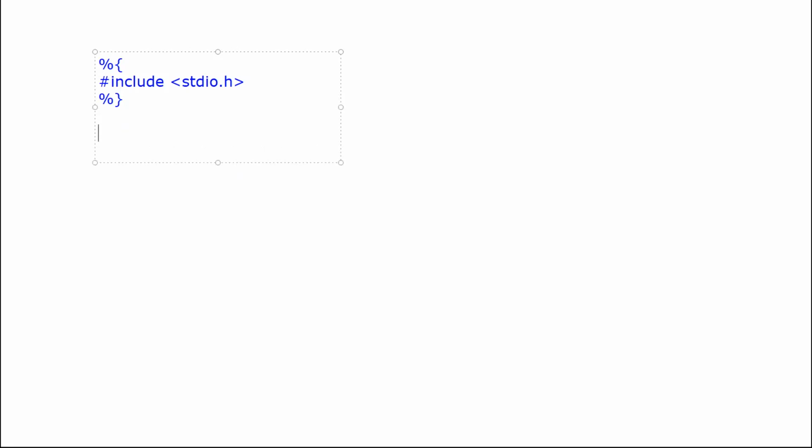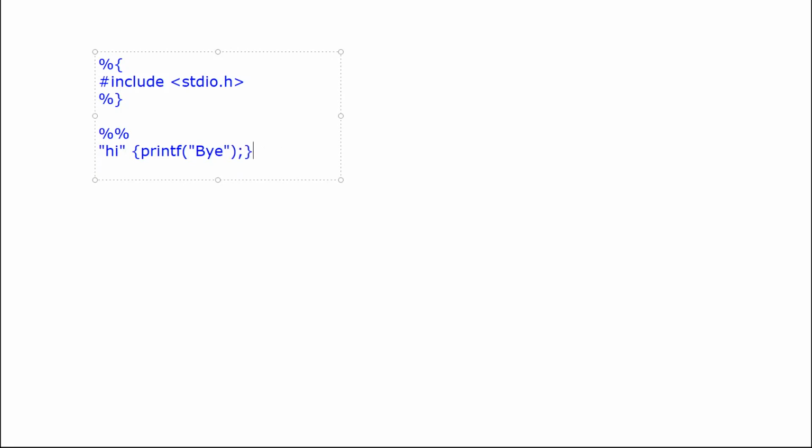So in the rule section, I've made a pattern hi. This is my pattern hi. And what is the action I wish to attach with it? printf bye. This is the action I wish to attach with it.